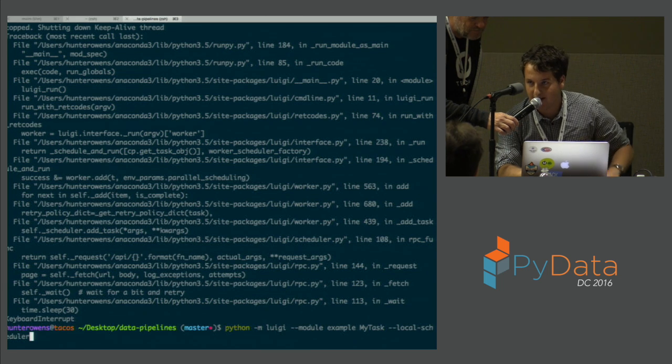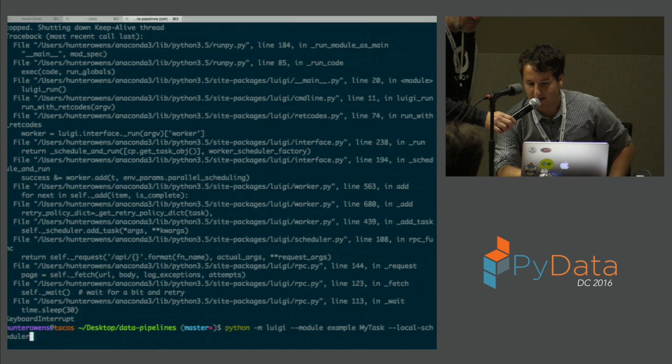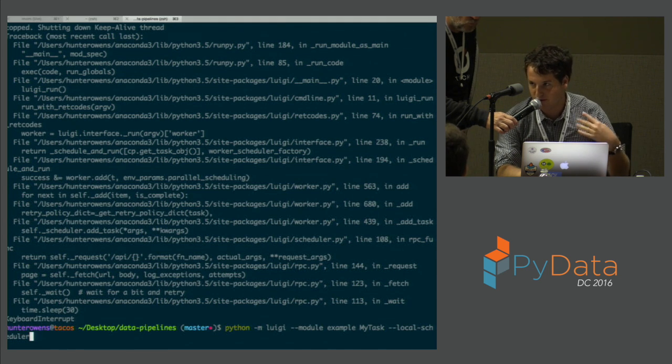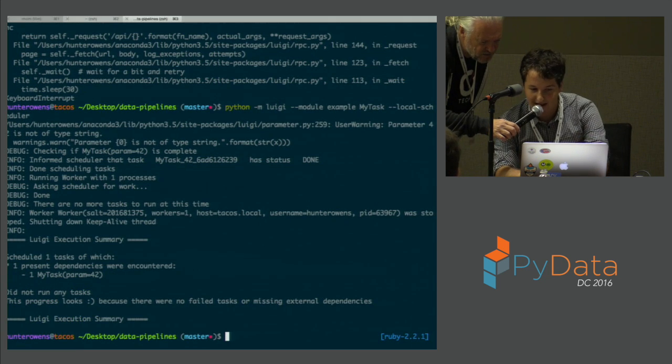So there's actually a Luigi daemon, I'll explain this in a bit, that lets you schedule jobs on a cluster or on your own machine. So the local scheduler is just built in. It's how you quickly hack and run code very fast. So run that, and you'll see